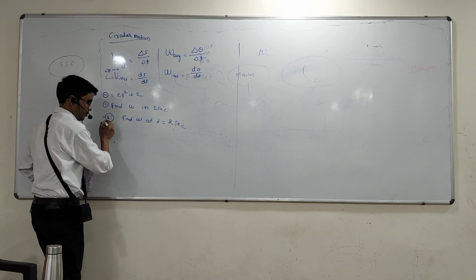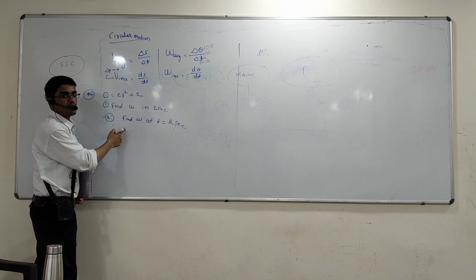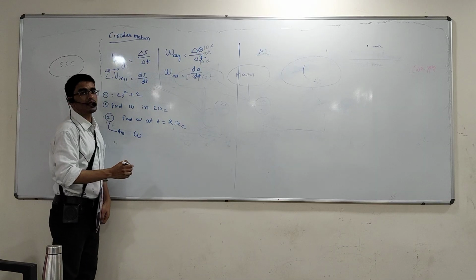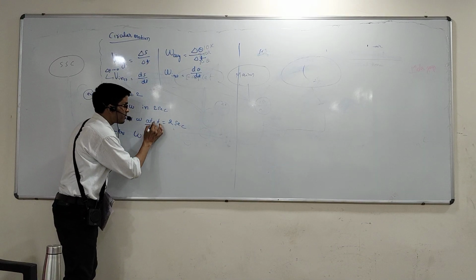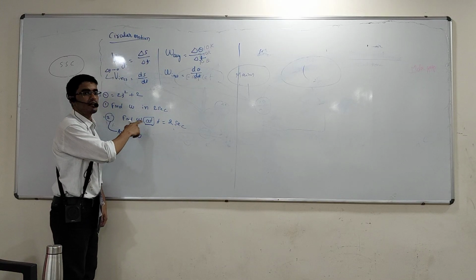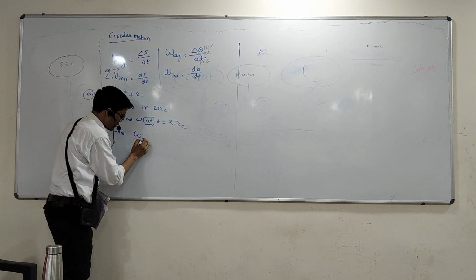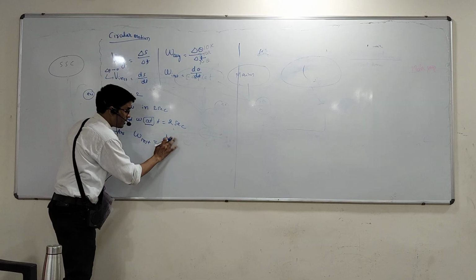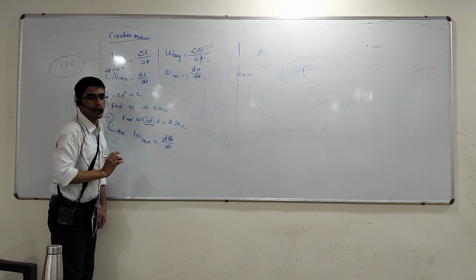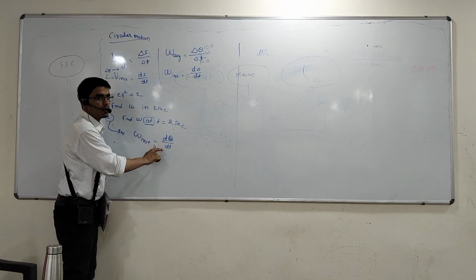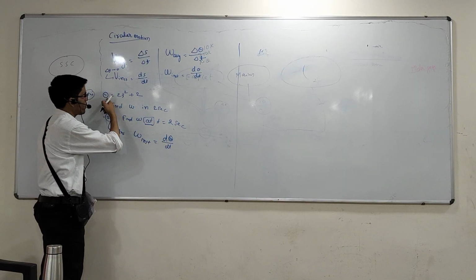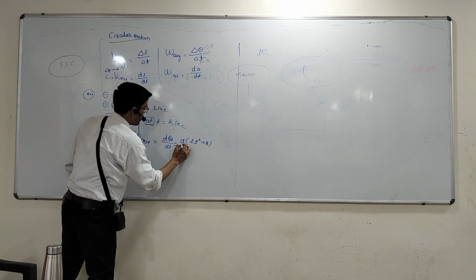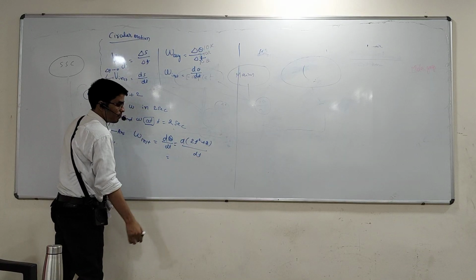First I want to solve question number 2. Is omega instantaneous or average here? Instantaneous, because it is asked at t equals 2 seconds, at one instant. So I write omega instantaneous equals ds by dt, but here I will use d theta, because it is angular velocity, so angular displacement. Now d theta upon dt. Theta is variable, so in place of theta we write 2t square plus 2, upon dt. So that will be equal to, see here,